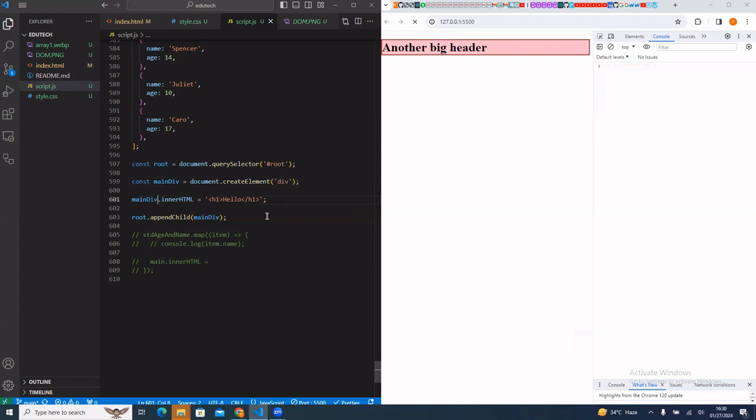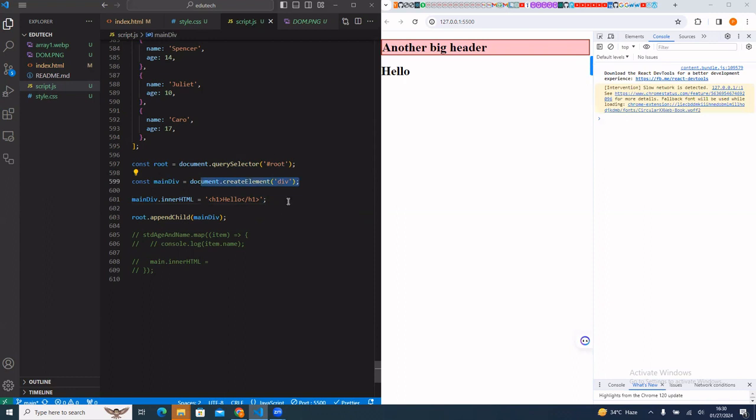I now have my main div. So we understand this process. I just created the div, then I appended it to the root elements. Of course, it will appear below because this is the head, and it will appear below this one. Okay. So now, what I'm attempting to do is, I want to do this dynamically in the sense that I